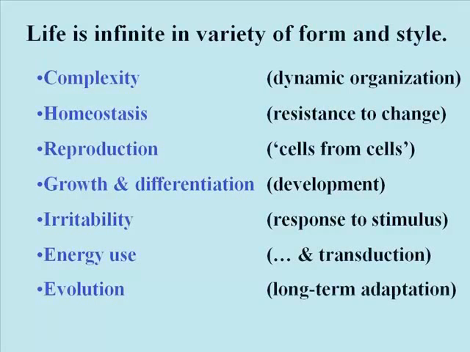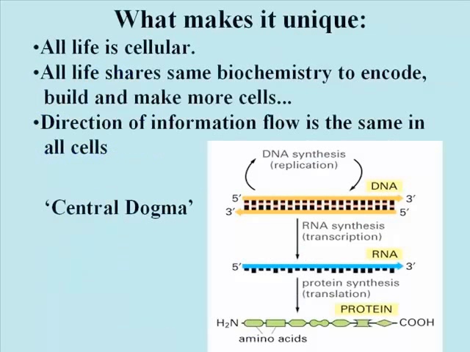Finally, evolution is itself a property of life. All species evolved, and all living things are subject to natural selection and further evolution. So these are the traditional properties of life as they are defined in most textbooks. Living things achieve life's properties in different ways, but underlying the apparent differences in lifestyle are a set of unifying characteristics. From statements of cell theory in the 19th century, we learn, of course, that all life is cellular.